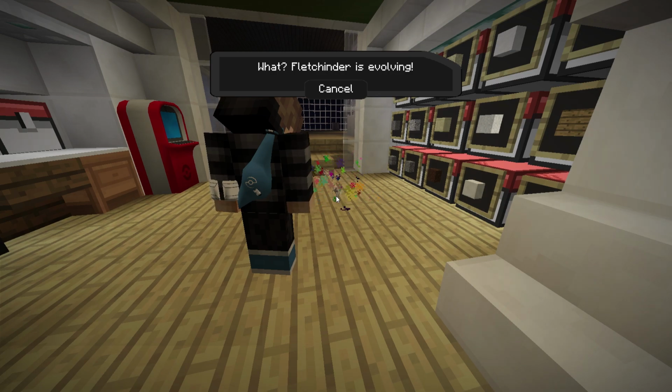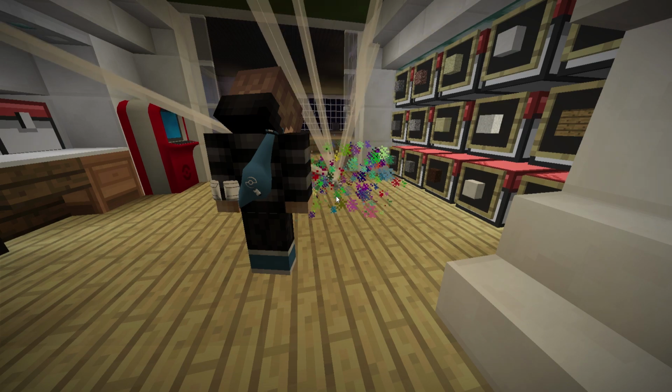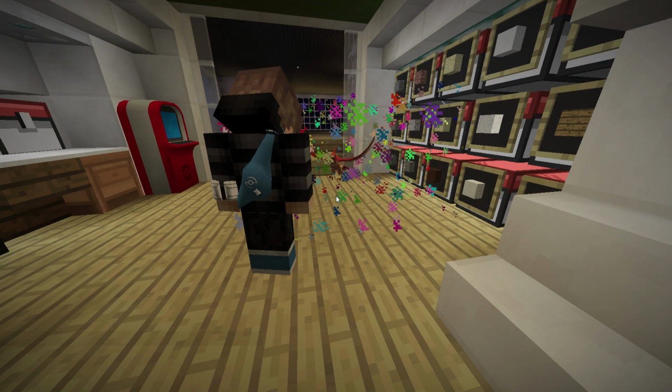Fletchinder is evolving into our Talonflame, and then we're going to go ahead and start working on the moveset and get the held item, which is going to end up making this guy pretty awesome. So, yeah, he's pretty